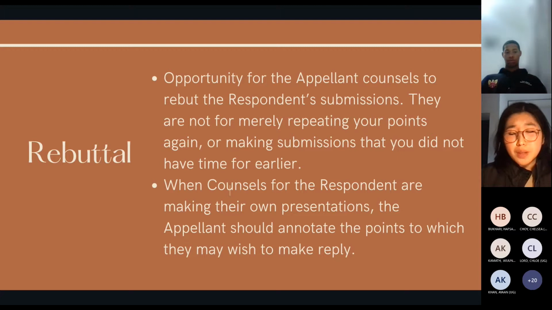The point of the rebuttal is just to weaken the respondent's submissions and point out the flaws in what they've said. A good tip is to catch a direct quote they may have used from a case judgment, and I'm pretty sure you all read the same line of cases. So you would use that quote and say, okay, well, they said this, but this is actually helping our case in X, Y, and Z because of X, Y, and Z reasons. And obviously, when the respondents are mooting, mainly the lead appellant would have to take notes because they are going to be rebutting, but the junior appellant can also help. So they'll just take notes when the respondents are talking.